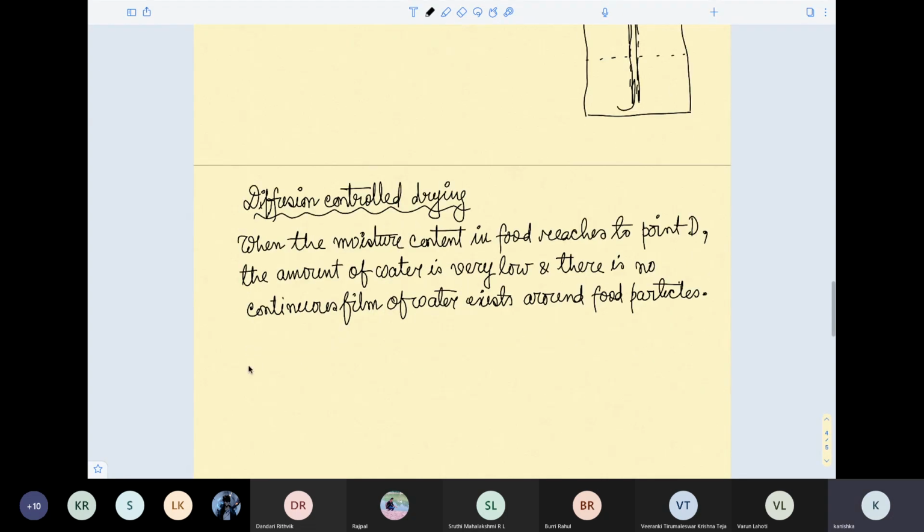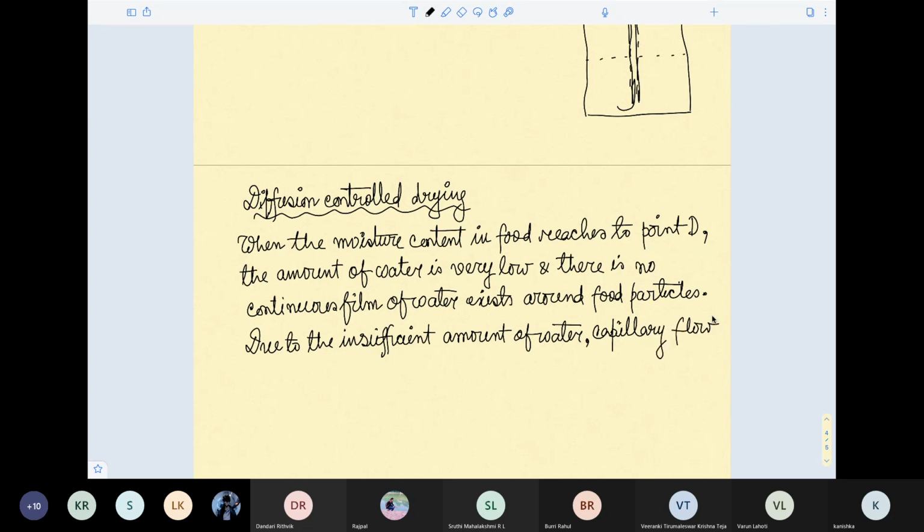So due to the insufficient amount of water, capillary flow will not occur, and movement of moisture occurs by vapor diffusion,